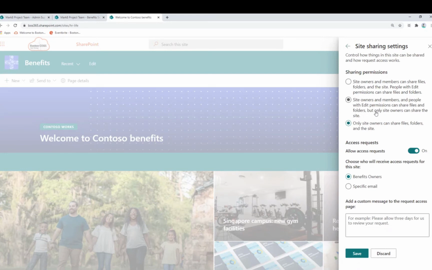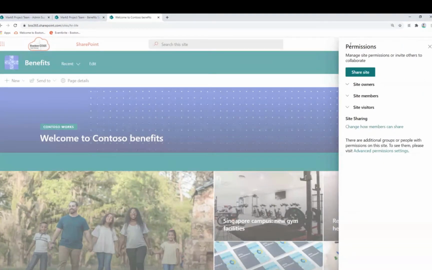And this one here says it's only site owners can share the site. So I don't like this one typically. So I either have owners or owners and members who are sharing the site. So I either have this group or this one. That's how I have it set. This allow access. The only time people are going to see this box to ask for access is if they're already internal to your agency, or if they're on your Azure AD already as a guest. So if they're already a guest on your Azure AD, then they will get this box.